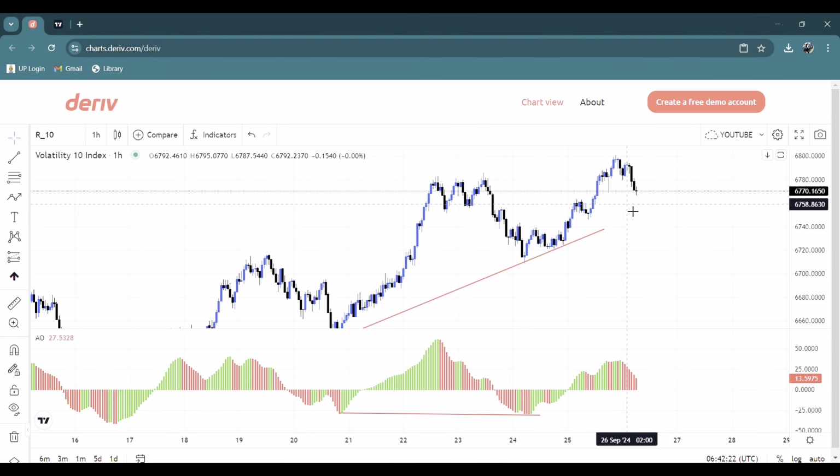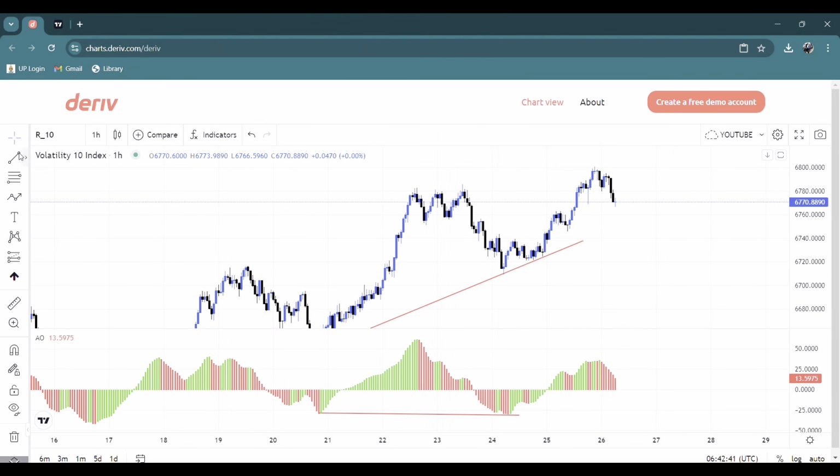We have hidden bullish divergence, whereby the price makes higher lows, and we have hidden bearish divergence, whereby the price makes lower highs whilst the oscillator makes higher highs. So, as you can see on our screens,